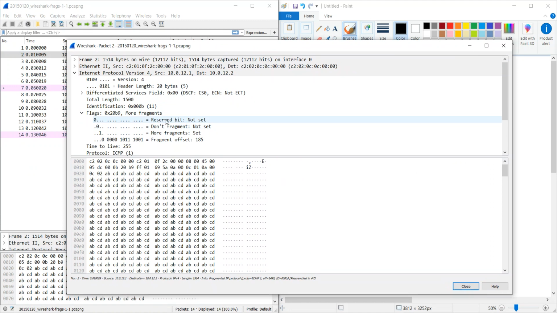And let's look at the flags again. Don't fragment, not set obviously. More fragments is set because more fragments are coming. And then the fragment offset is 185. Now it's kind of confusing. This is actually 185